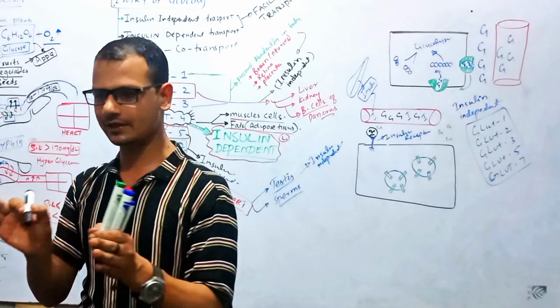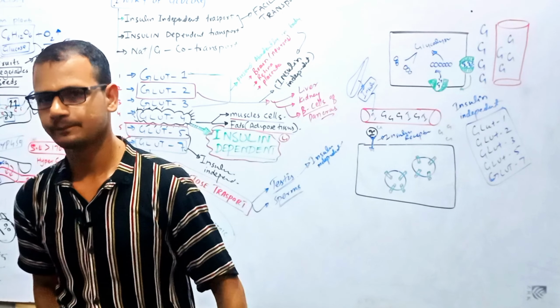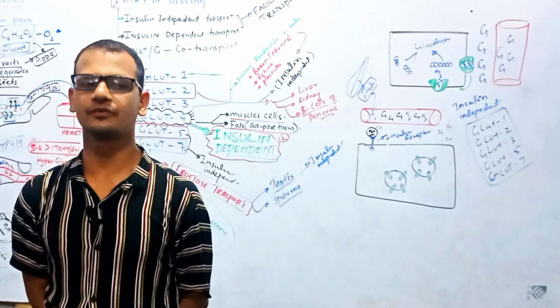Why can insulin not cross the cell membrane? Why can it not move inside the cell? Because the molecular weight of insulin is very high. Insulin is a macromolecule, a very large molecule, and cannot easily cross the cell membrane, so it will act on the insulin receptor. And when it binds to the insulin receptor, what will happen? All the phosphorylation processes which we have discussed in your first year receptors, right? It will undergo